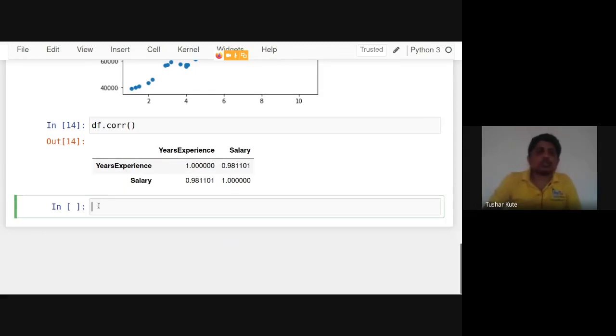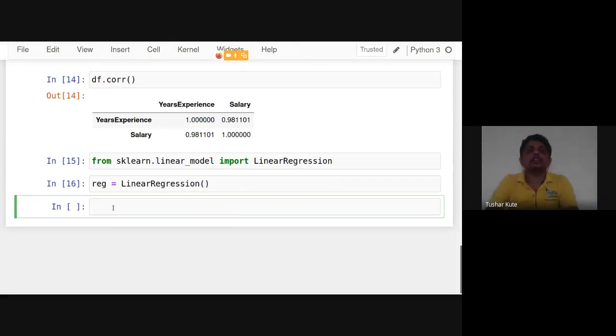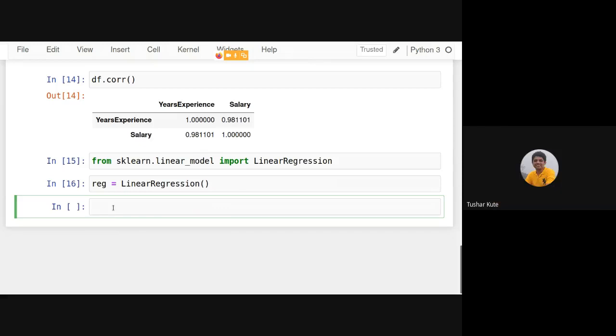Now let's build the model. So the idea of linear regression that we have seen, now I'm going to implement with the help of an algorithm. From sklearn, there is a sub package called linear model, and inside linear model we have the class LinearRegression. I'm creating the object of it like this, and after that I will train the algorithm with the given data.